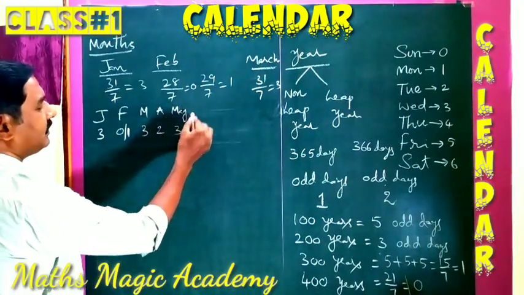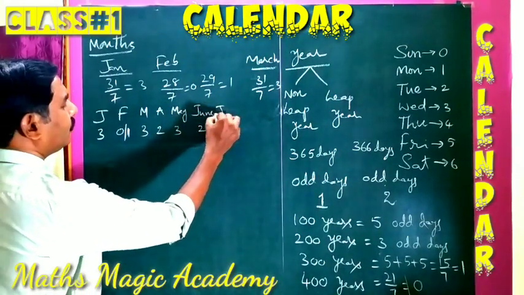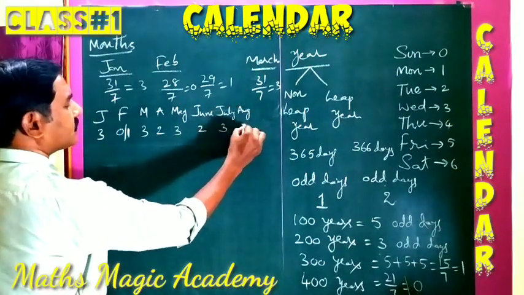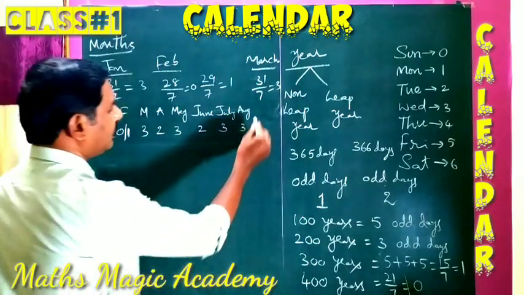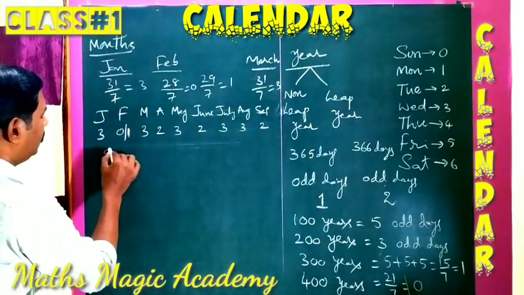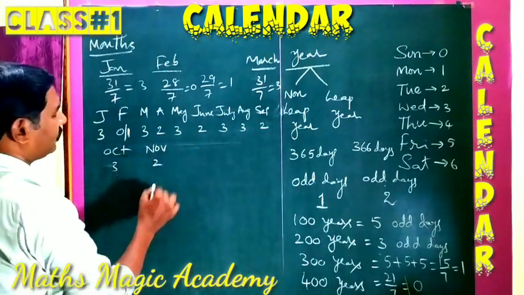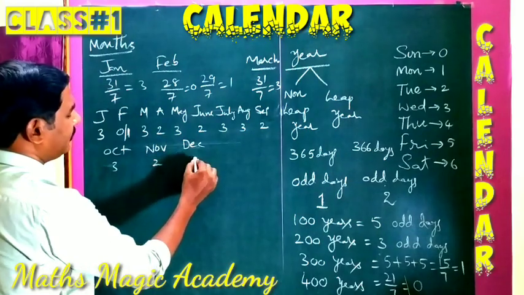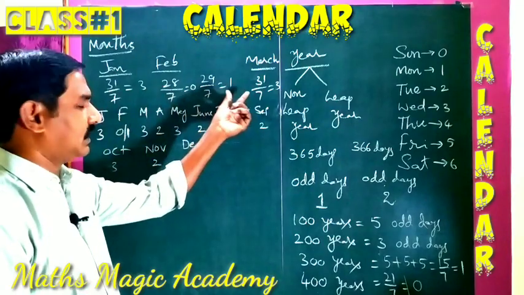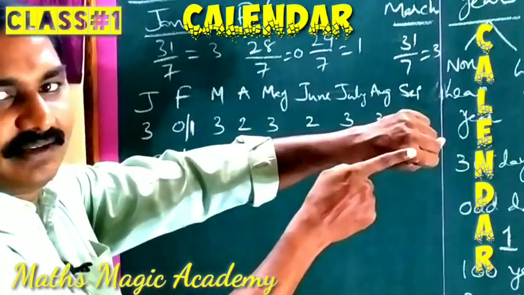And May 3. And June 2. July 3. August also 3. And September 2. October 3. November 2. December 3. So these are calculated by using like this only, or otherwise you can take like this: January top